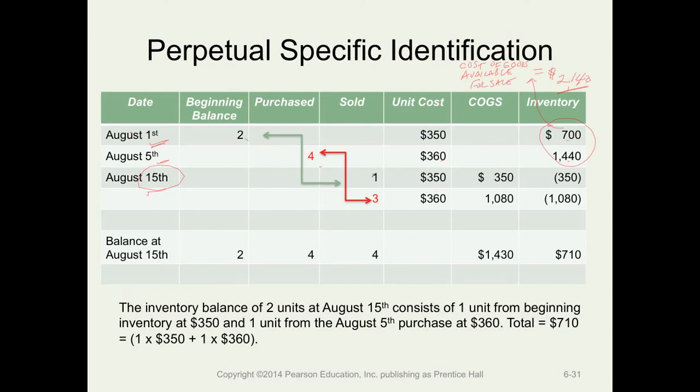Well, our assumption is that 1 of the units is coming out of the first batch at 350, and 3 of the units are coming out of the second purchase, or the purchase for the period, at 360. So when we multiply these through, we get our cost of goods sold of 1430, and when we subtract those from the balance of inventory, the ending inventory is 710, as we looked at earlier. Now, this is only a partial illustration. To continue this,